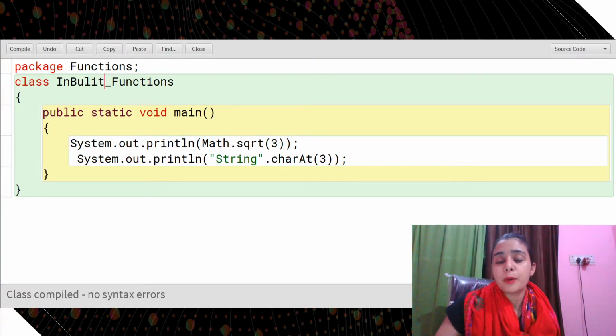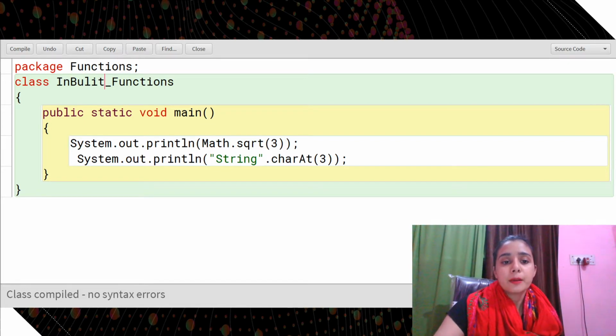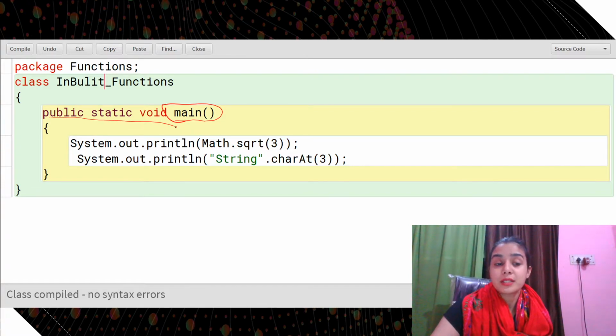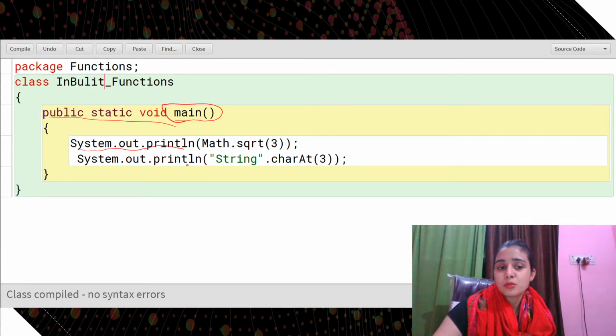If I take the example of built-in function, so guys, this is my user defined function. I have given the name main, right? Public static void main. We will understand the meaning of that also. Now this is my System.out.println. This is my function here. In that function, what I'm going to do, Math.sqrt. I just want to find the square root, right? For that I need to use the class of this sqrt. Along with that I can use this function, and now its use is fixed. That means if you want to find the square root, you need to use the sqrt function, fine.